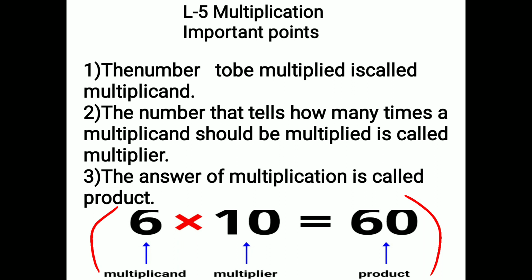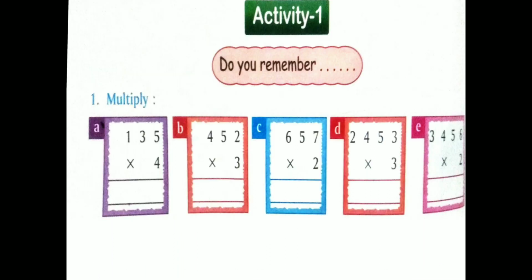That one also we do in the copy, but questions 1 and 2 we do in the book only. So this question 1 we do in the book only. It's very easy. 4 5s are 20. So 0 will come here. 2 will go on 3. 4 3s are 12. 12 and 2 is 14. So 1 will go again on 1. 4 1s are 4 plus 1, 5. Answer is 540. Now next one.